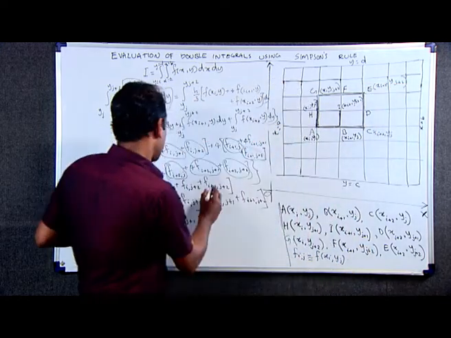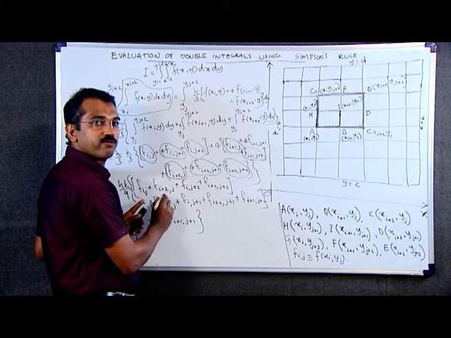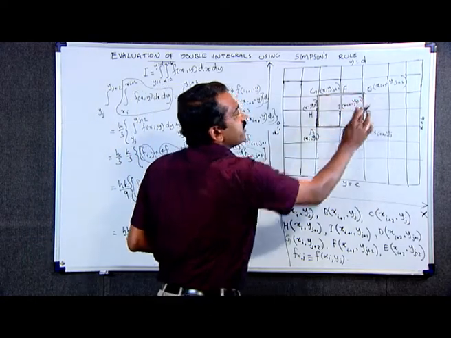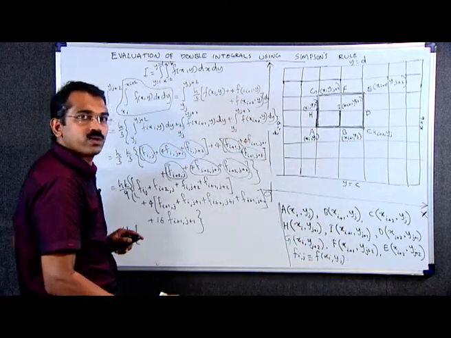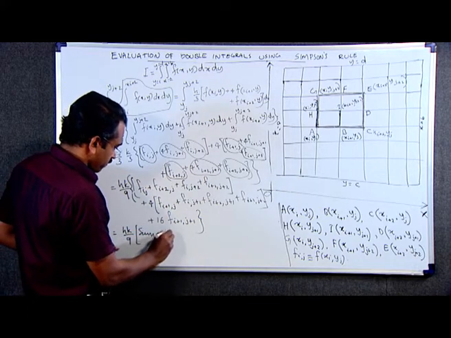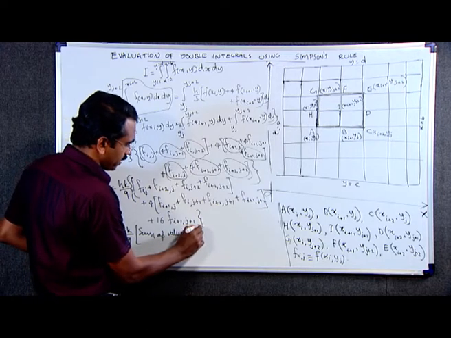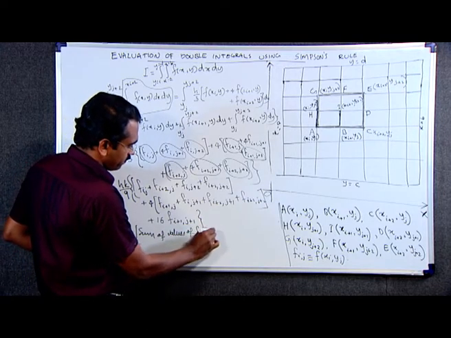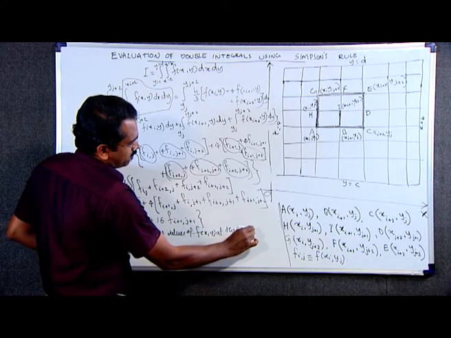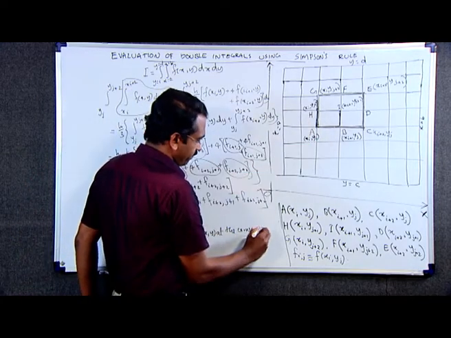That means this is the sum of the values of the function f of x, y at the corner points A, C, G and E. We can write the sum of values of f of x, y at the corner points A, C, E and G,